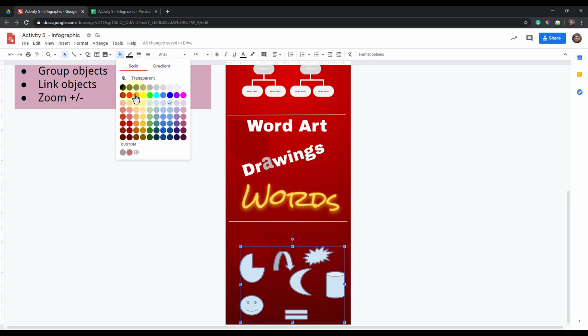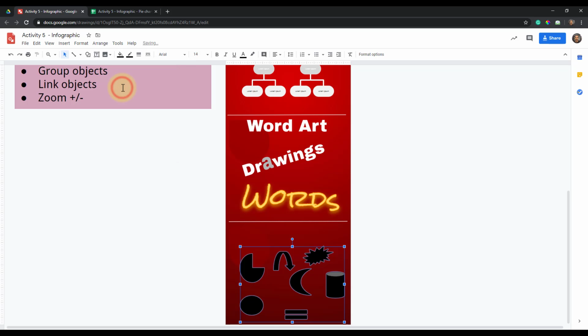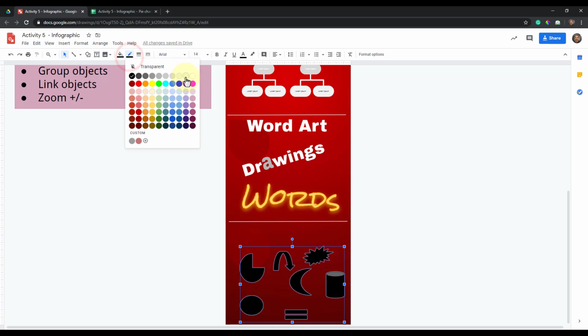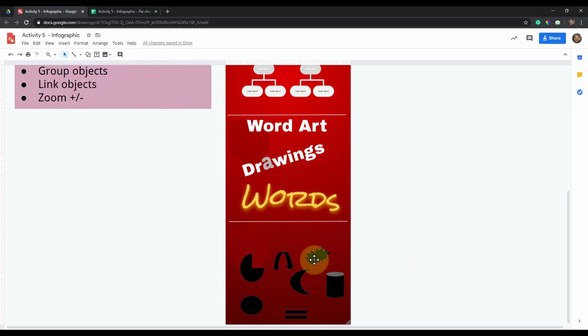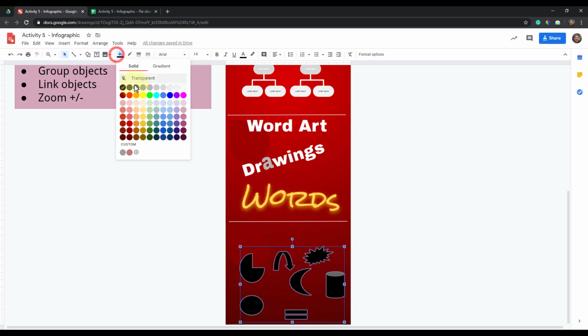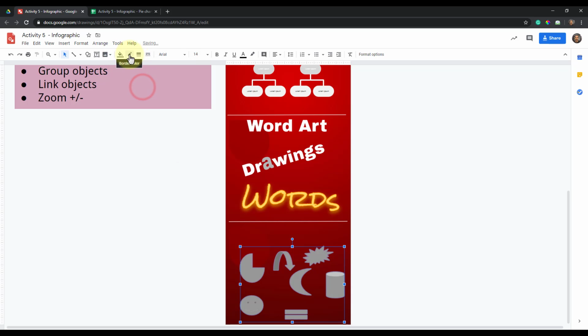If I want them all the same color, maybe I want them all black with a white border. Maybe I want a white dotted border. And it's kind of dark down there, maybe I should choose a grayer one. Maybe a little bit more of a border weight. There we go. And so now I have all of these shapes, and the only thing missing is labeling